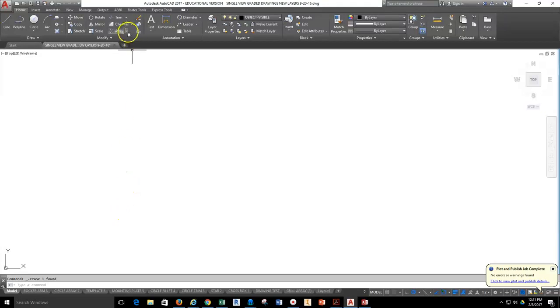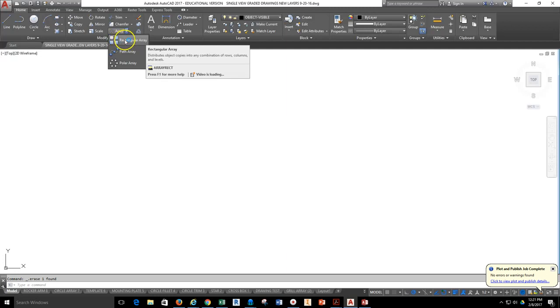Okay, today we're going to go over the array tool. The array tool has two or three real functions that you can work with. The two we're going to work with today are the rectangular array and then the polar array. In order to show how the rectangular array will function for us in AutoCAD, I'm going